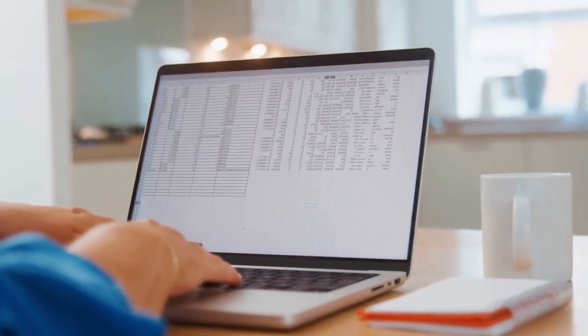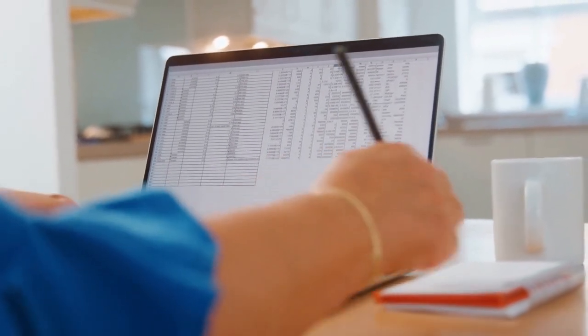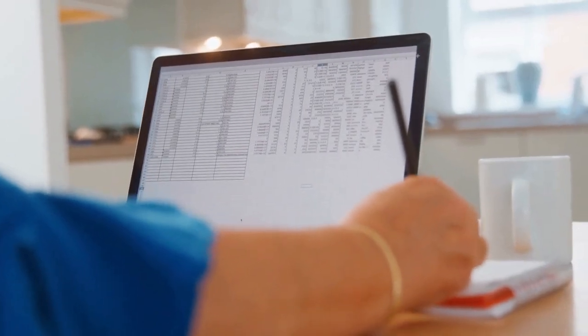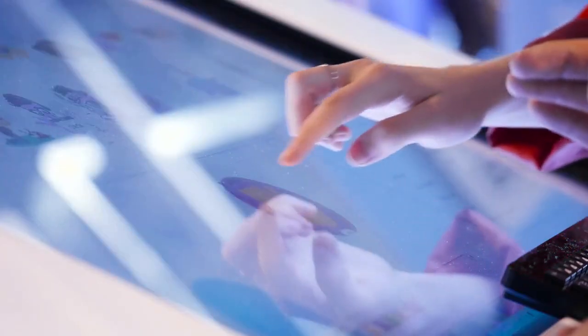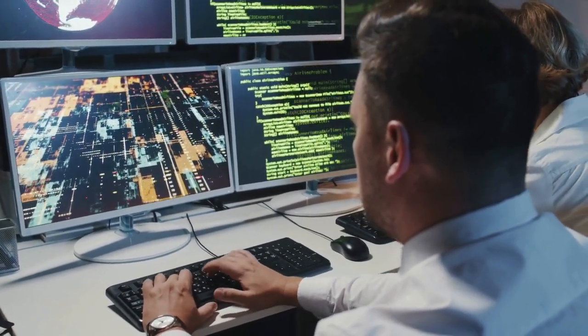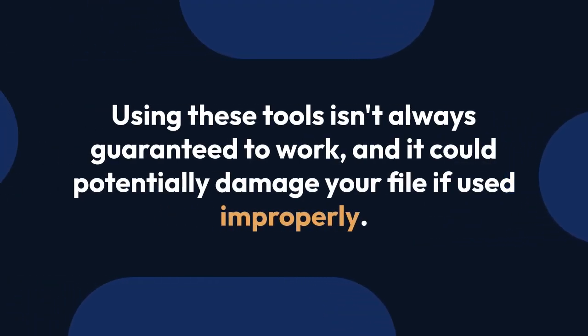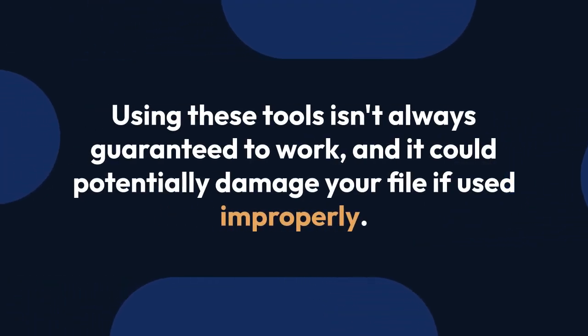3. Password recovery. If you've forgotten the password for either sheet or workbook protection, things get a little trickier. There are password recovery tools available online, but use caution. Some might be scams or contain malware. Always download from reputable sources. Be aware that using these tools isn't always guaranteed to work, and it could potentially damage your file if used